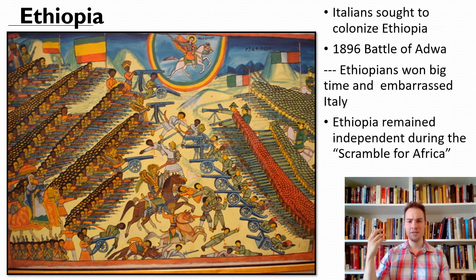Here you had a black African nation resisting European aggression, and it's the only one that was able to do this. So it troubled that narrative that Europeans were better or they deserved to do these sorts of things. So people started to make a lot of excuses for this. Well, they said, the Ethiopians are Christian, for example, so because they're Christian, maybe they're more modern, maybe that's why. Also, a lot of Italians begin to propagate this narrative that Ethiopians are not black.